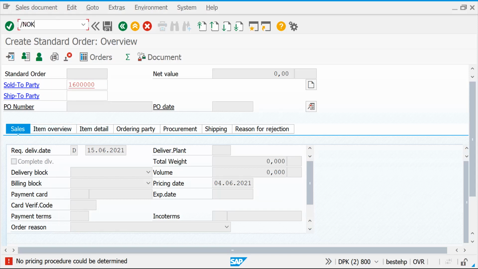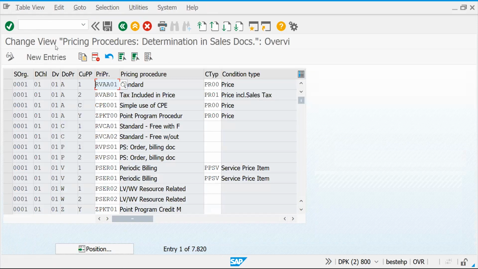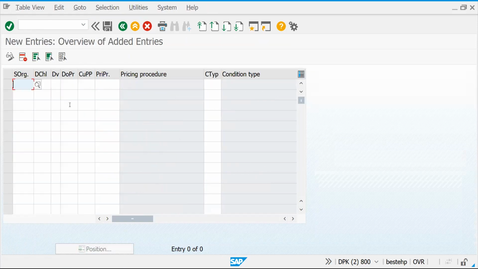Now let's go to GS01, G1, GC. Let's try to enter. I will explain what exactly it is. Don't confuse with this.